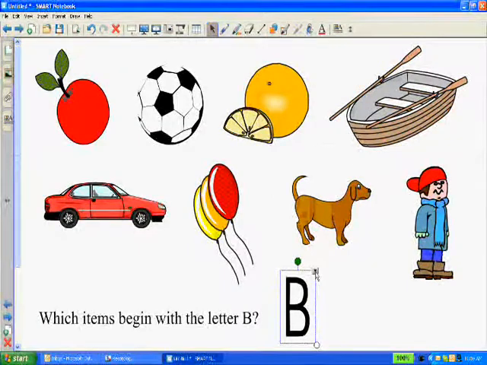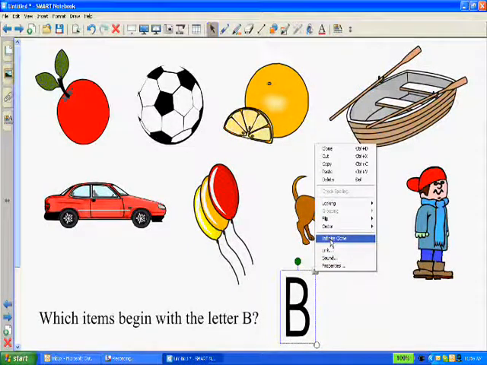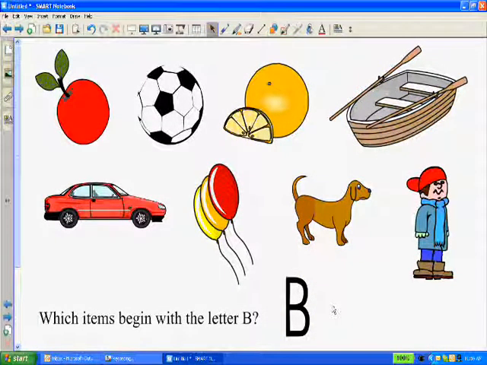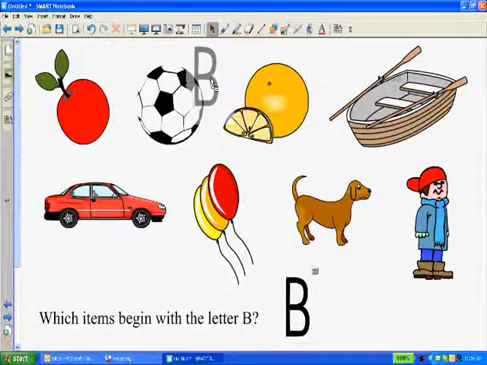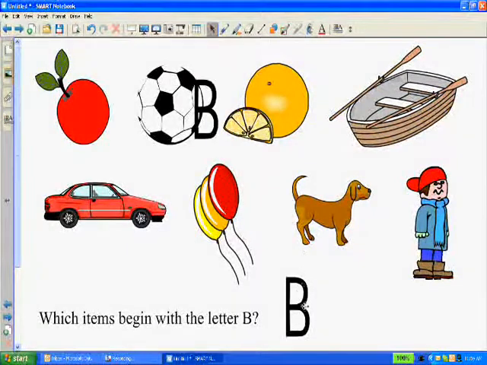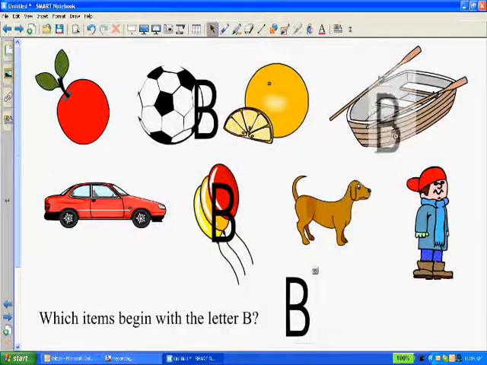I'm going to click on the arrow, select Infinite Cloner, and now I can have students take turns coming up to the board and dragging the letter B to anything that begins with a B sound. So ball, balloon, boat,